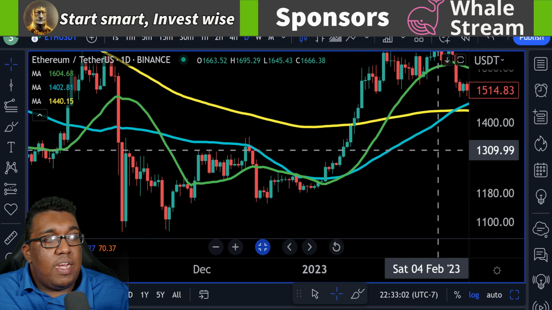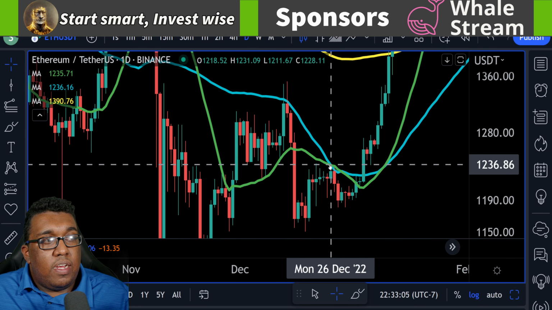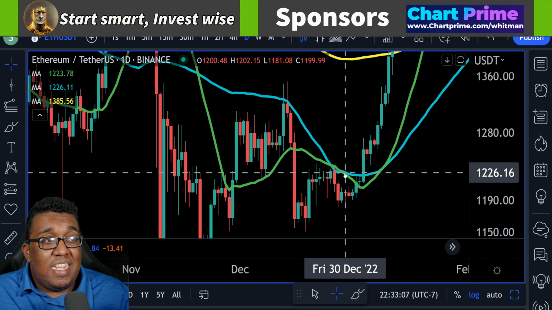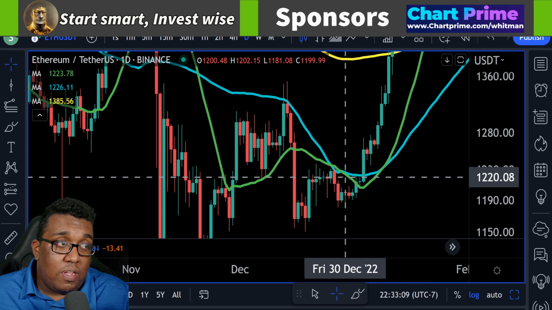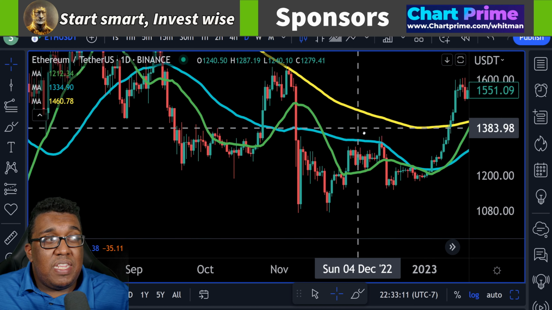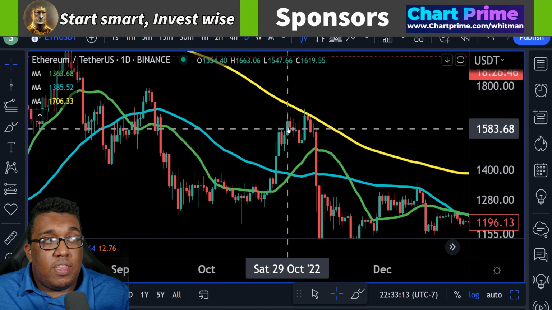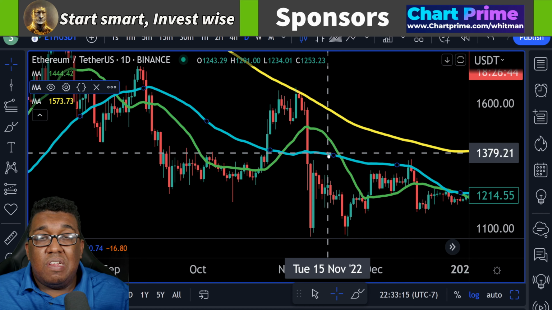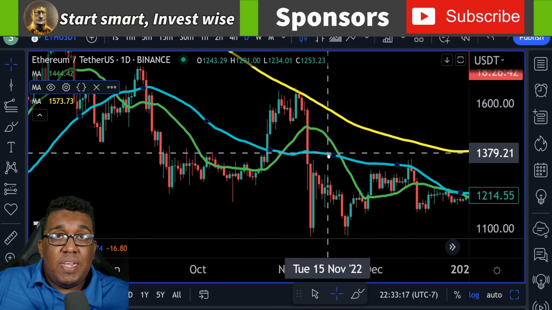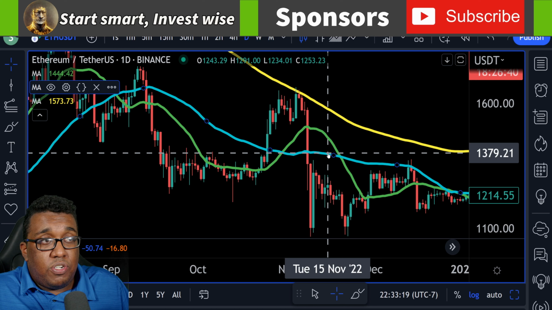Going back over here, we haven't had any more crossovers. We had a golden cross here, then a death cross, and that really didn't do much to us at all as well. So for Ethereum, it hasn't really been the biggest help. We had a golden cross right there. In fact, the price action went down. A MACD is more likely going to be able to help you here on an Ethereum chart on the daily